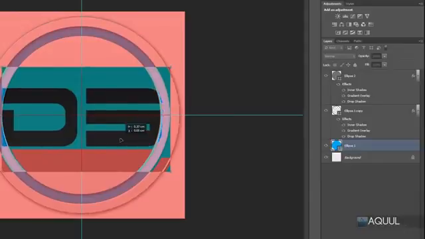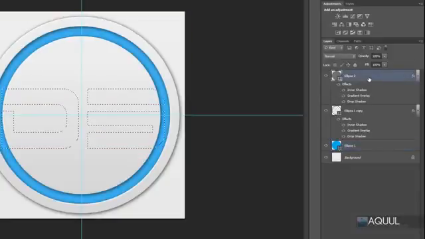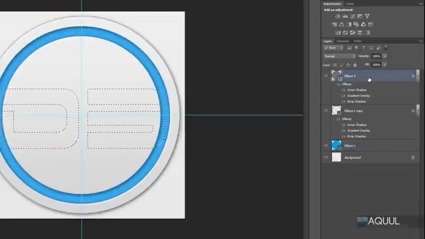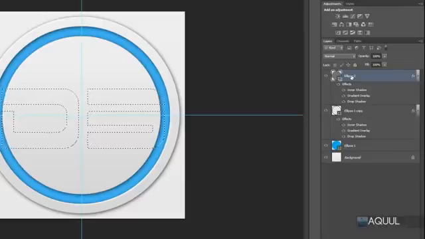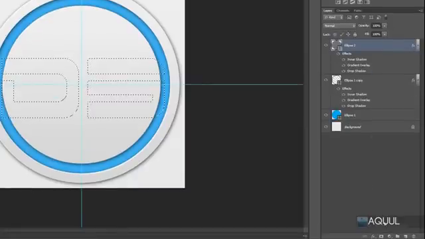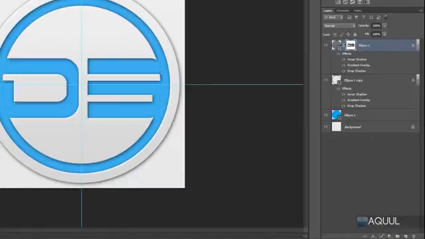Cool, now I click the top shape layer, and then I'm going to make it so that we can just hide that selection that we have from the shape, so we can see the blue shape behind it. Easiest way to do this, since we've got a selection, is if you hold down Alt and then click the little add layer mask button down here, you'll see that we can hide the text from the shape,